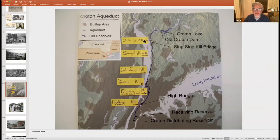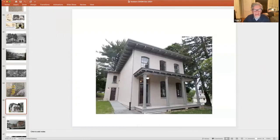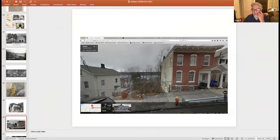The one in Ossining has been moved off the trail. And I think the one in Yonkers has been moved off the trail as well. It was built over the aqueduct originally. And here's the design of the keeper's house, like the one in Dobbs Ferry that we have renovated. And here's the one that I think might be the keeper's house in Yonkers on Grove Street near the intersection